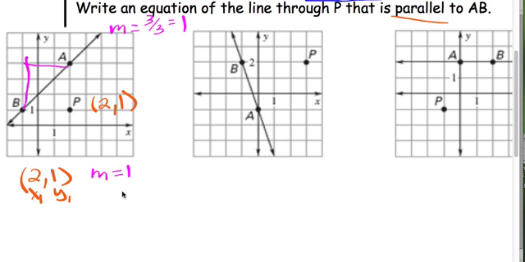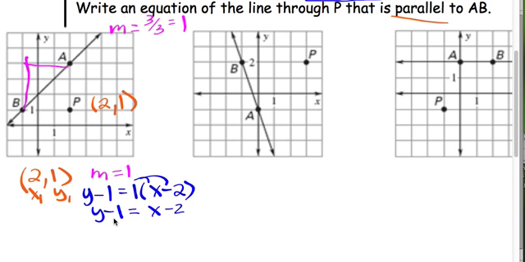And I'm going to plug it into my point slope formula and then simplify. So it's going to be y minus y1, which is 1, equals my slope, which is 1, times x minus my x1, which is 2. Distribute: y minus 1 equals, distributing 1 is not going to do anything, x minus 2. And then add 1 to get the y alone. y equals x minus 1. So here is the equation